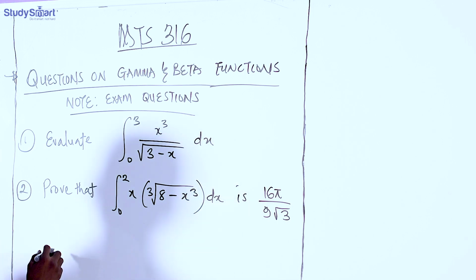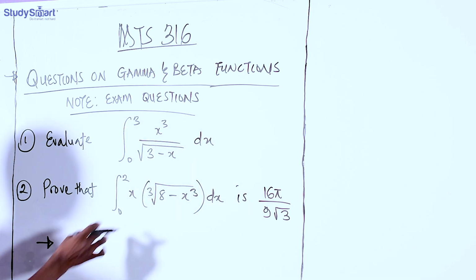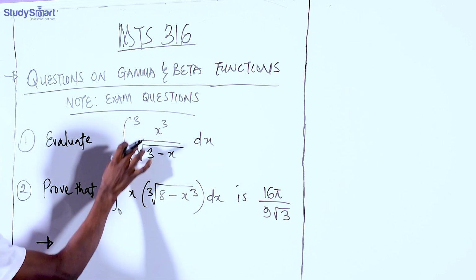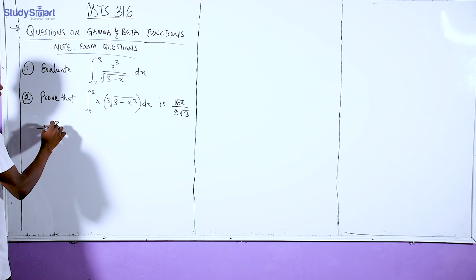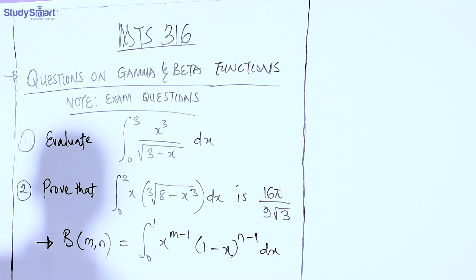And starting with the first one now, we have to evaluate this, right? That means since this is 0 to 3, a constant, we are using a beta function, then you evaluate the beta function. And we know the general beta function is